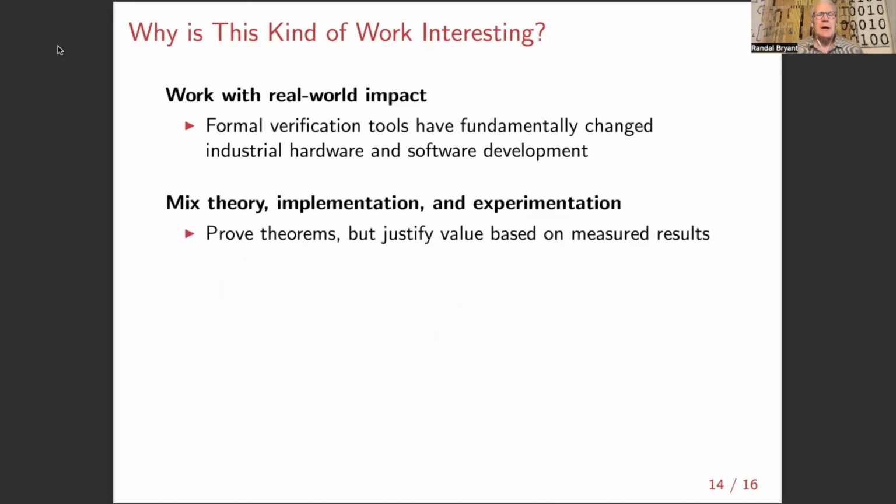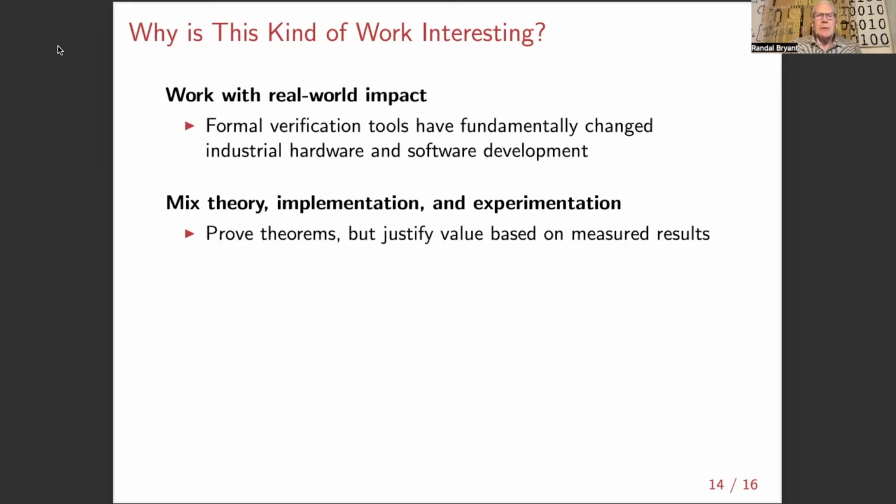So let me just draw back a little and tell you about this type of work that I've been involved with for quite some years, and I still find really fascinating for a couple of reasons. One is that the tools we develop are actually important to the world. Over the years, I've developed verification tools that have been very important in both the hardware and the software domain. And even a tool like a SAT solver is a core reasoning tool used in many different venues for doing reasoning, and having those checkable proofs is an important component to this.